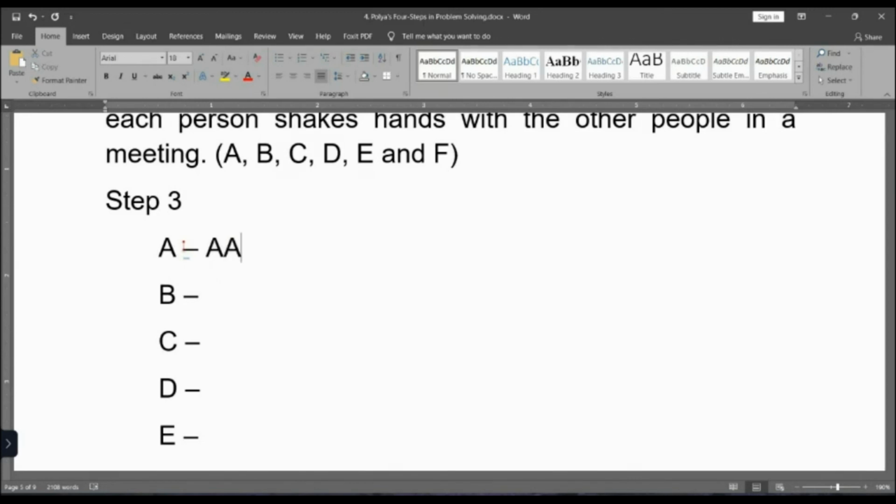So we'll start our count ng handshakes ni A kay B. So we have AB, AC, AD, AE, and then AF. That is 5 handshakes. Now, in reference to B,